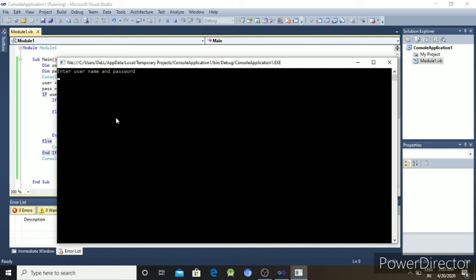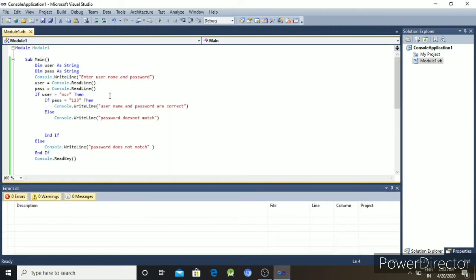So username mcr but password 12345. Okay, password does not match. That means in the first if statement, then another if is used; if the first condition and second condition are both right, then it prints username and password are correct.